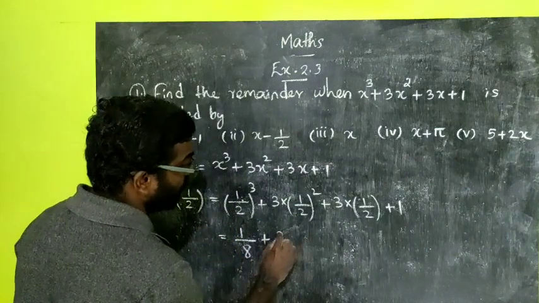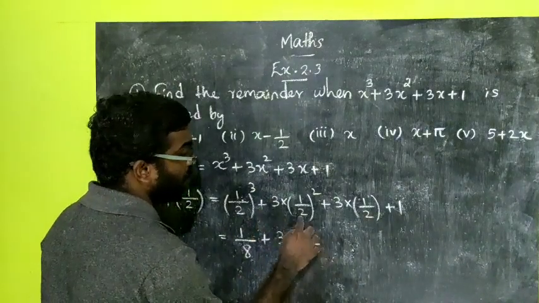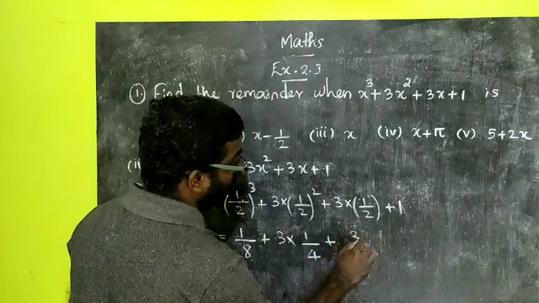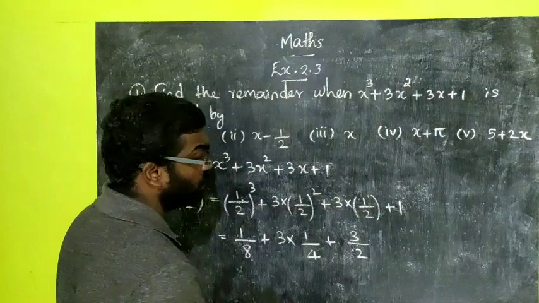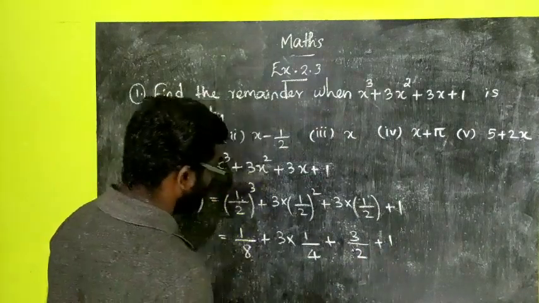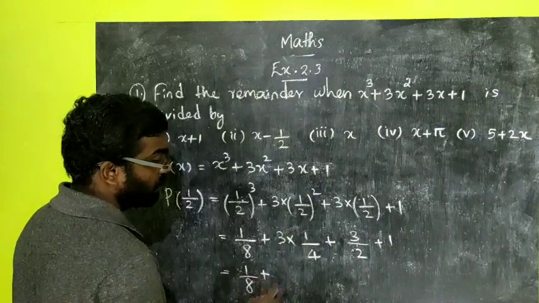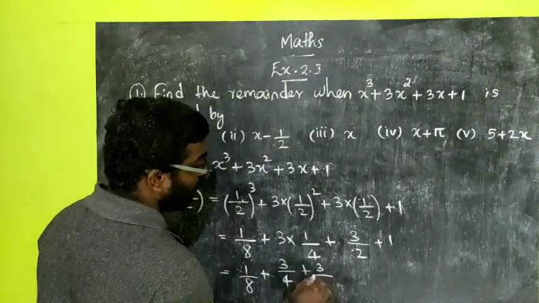Then plus 3 into 1 by 2 square. 1 square is 1 and 2 square is 4. Plus 3 into 1 is 3, then by 4. Plus 3 into 1 by 2 is 3 by 2, plus 1. So which is equal to 1 by 8, then plus 3 by 4, plus 3 by 2,